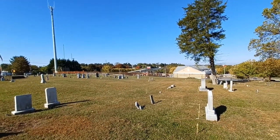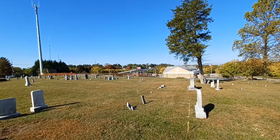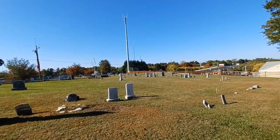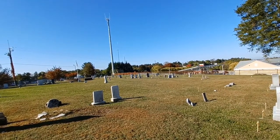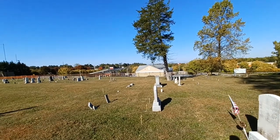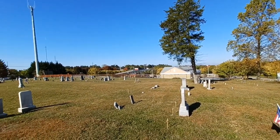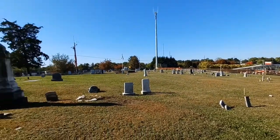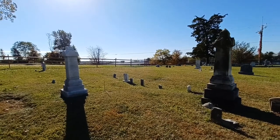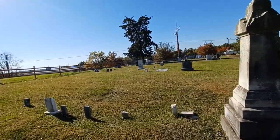It was founded in 1876 by 6 former Union African American soldiers. They wanted to ensure that there would be a place for burials for African Americans in the community. See, in that time period in Westminster, there's a big cemetery just off Main Street, but there was a law in place that prohibited African Americans from being buried in the city limits of Westminster. So this cemetery was founded,